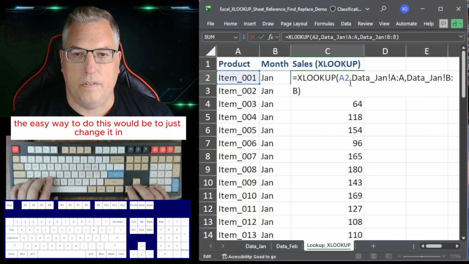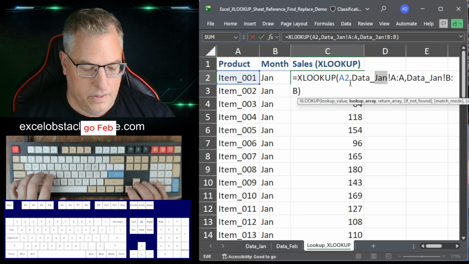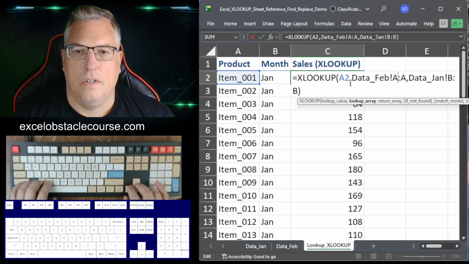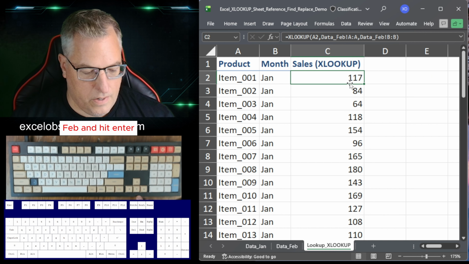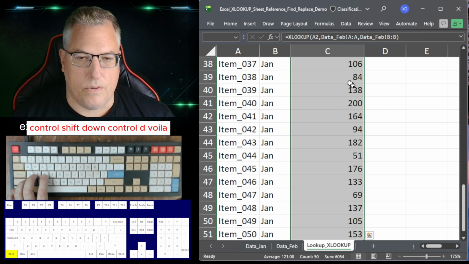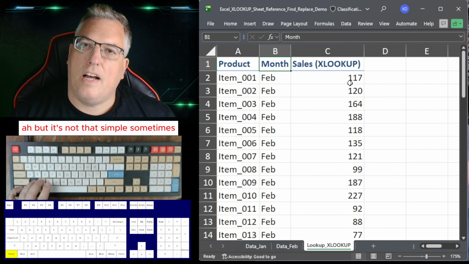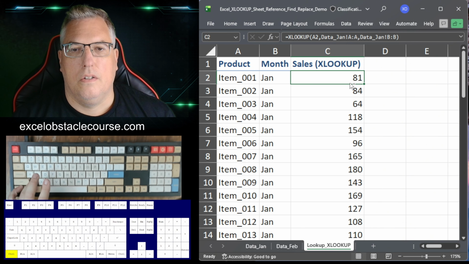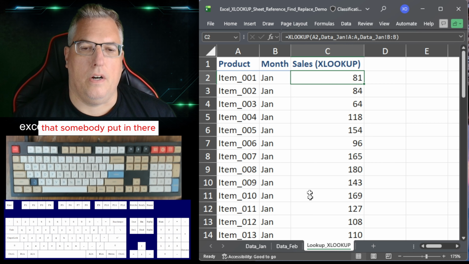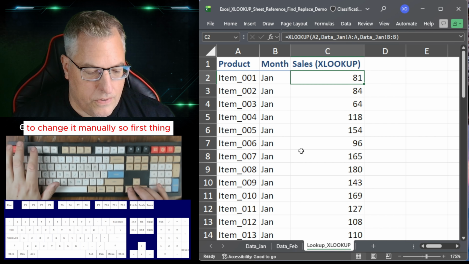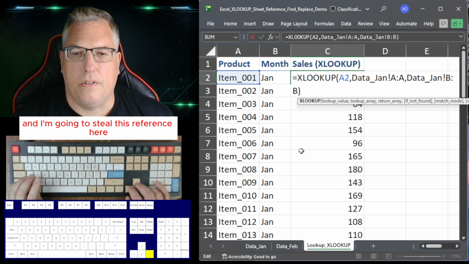And again, the easy way to do this would be to just change it in here, go F2, go Feb, and go over here, Feb, and then hit enter, Control Shift Down, Control D, voila. And then change this to Feb. But it's not that simple sometimes, and we're stuck with all these weird formulas that somebody put in there, to change manually. So first thing, I'm going to hit F2 in this formula, and I'm going to steal this reference here